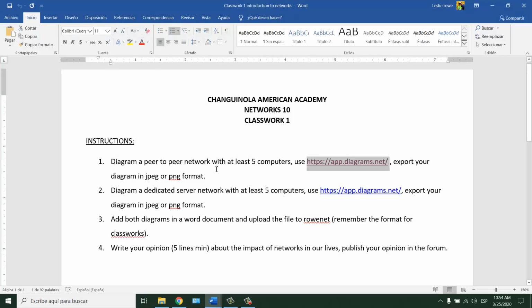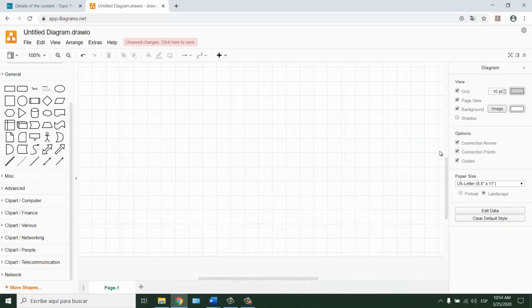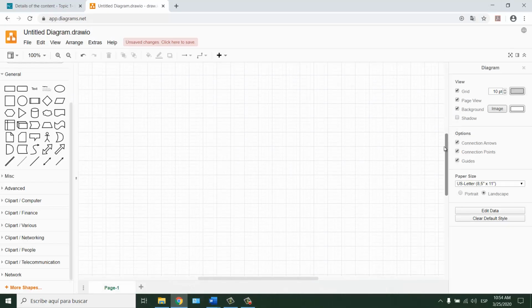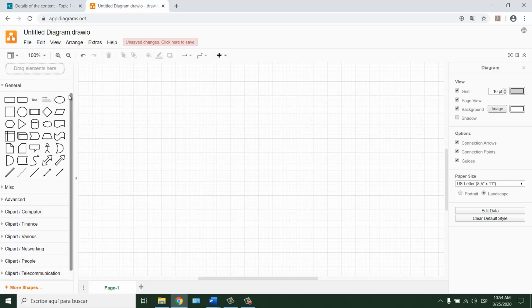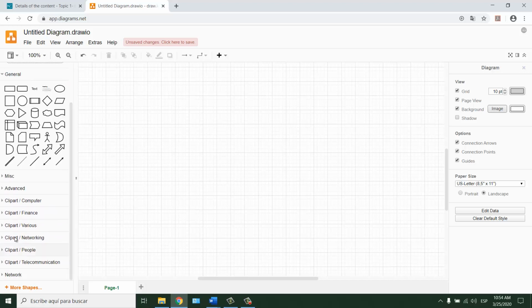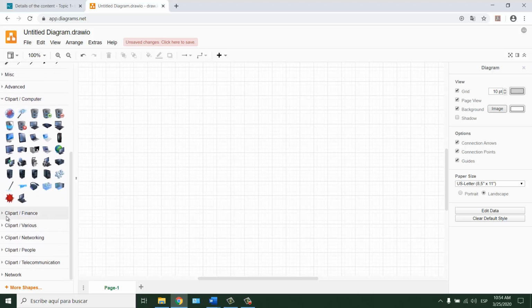Diagram a peer-to-peer network with at least 5 computers. Of course you need to know what a peer-to-peer network is, and for that you need to read the PowerPoint presentation. Okay, when you already know what a peer-to-peer network is, you're gonna create one. The only thing that you need is the shape that you're gonna need. You can click here, clip art computer, or in another